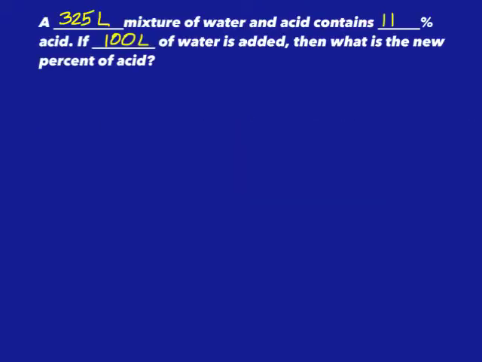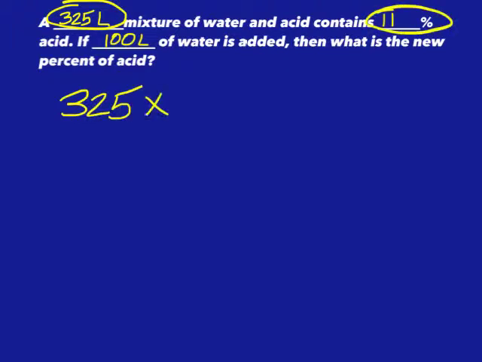Practice number 1. A 325 liter mixture of water and acid contains 11% acid. If 100 liters of water is added, then what is the new percent of acid? Solution for the practice. You have 325 liters of a total mixture of water and acid, but 11% of that is acid. To find out how much acid you have in liters, multiply 325 by 0.11 and come out with an answer of